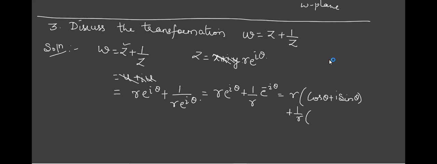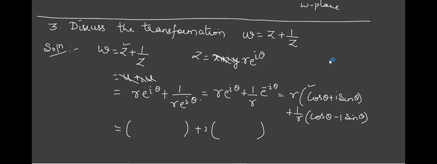Because now what happens here, if you replace theta by minus theta, cos of minus theta is plus cos theta, sine of minus theta is minus sine theta. That's why that minus will come here. It will not come here. Okay. This is cos theta minus I sine theta. Can you separate real and imaginary? Just tell me the terms containing and not containing I. So not containing I means what? Isn't it R into cos theta?